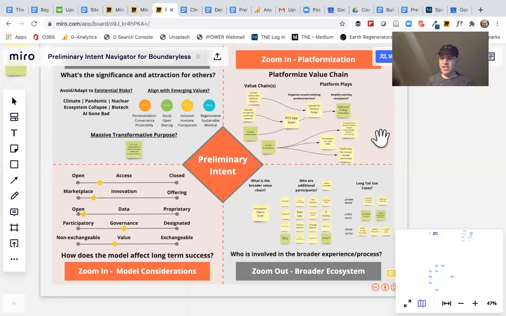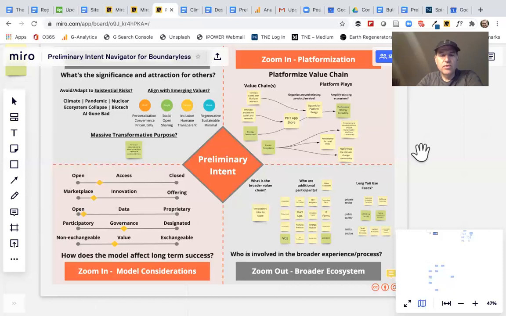And then the last area is we would like to write a more specific post walking through an example, whatever that example might be. We've thought about doing this around climate change or urban agriculture. The example we're going to go through with you today is actually on Boundaryless and Boundaryless' business model. So those are some of the things that we're working on. Would love to get your feedback on those as well.